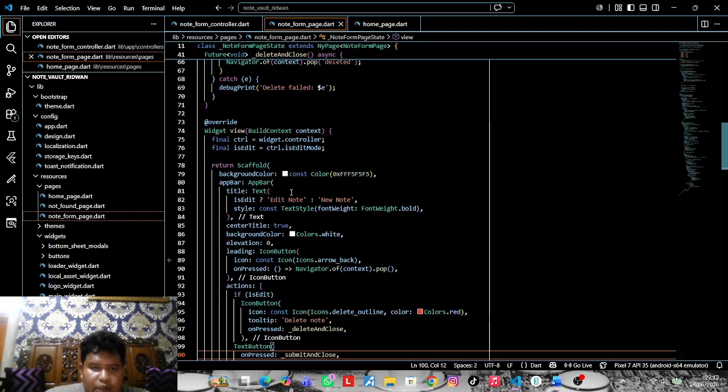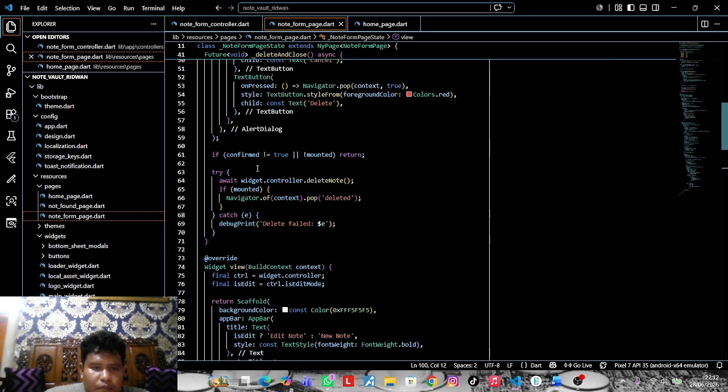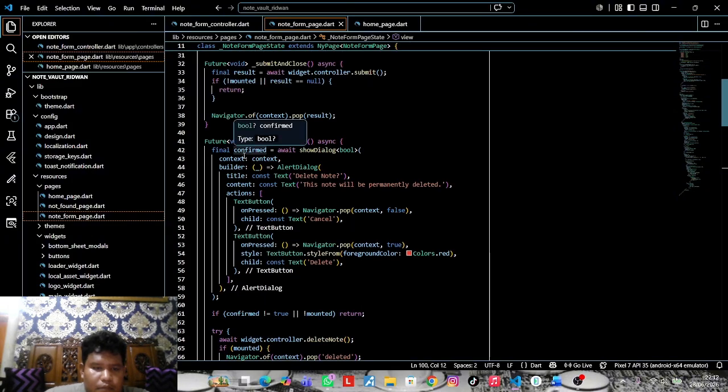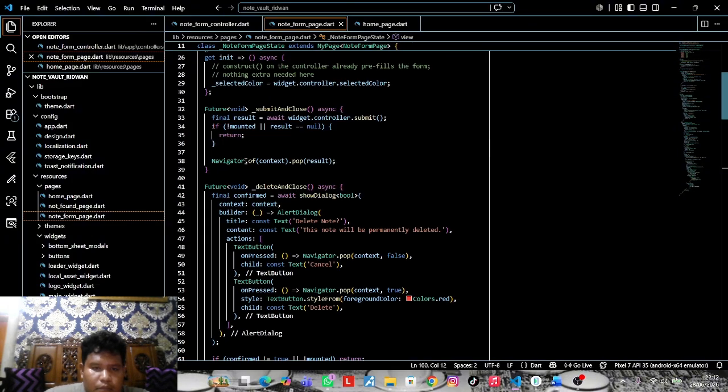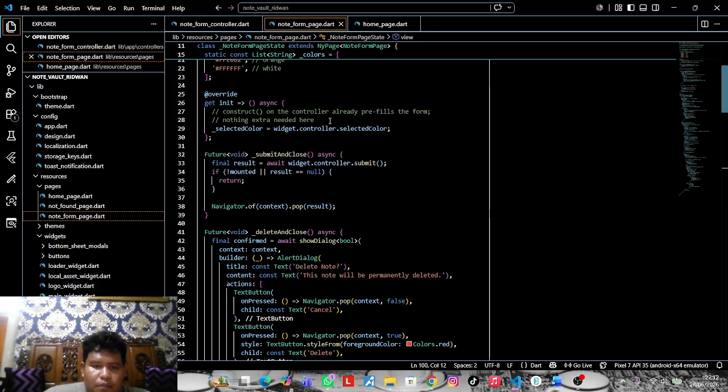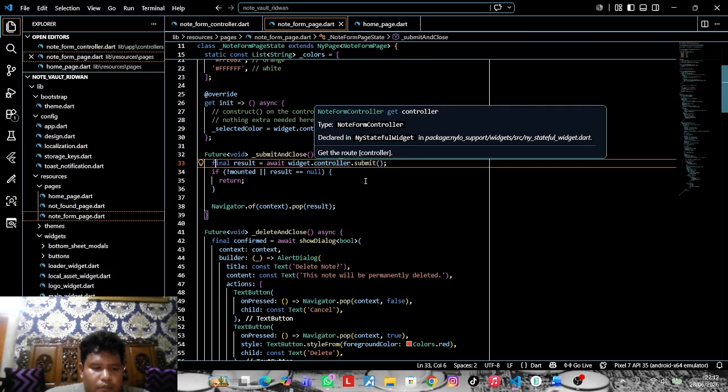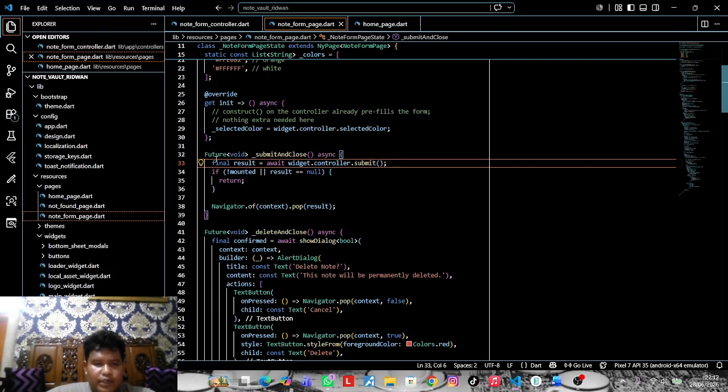And then for the save note, this function will call submit in the controller. If the operation succeeds, the page closes and returns the result to the home page.